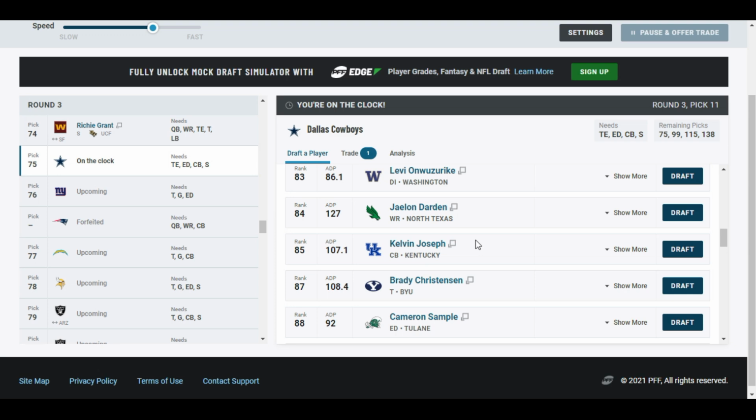I think Jordan Lewis, with his re-signing, will move him back to the outside corner spot and maybe work him and Kelvin Joseph in. Anthony Brown also has the ability to go outside, but I like him a little bit more at the slot. So yeah, Kelvin Joseph I think is a guy, he's got the frame, 6'1", 195, a guy that you know can get back in his deep third, and I expect us to be running Cover 3 a lot, so hope he's doing that quite often, and I think could start for us week 1,